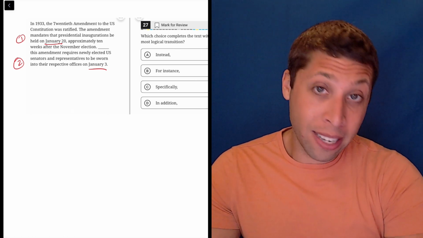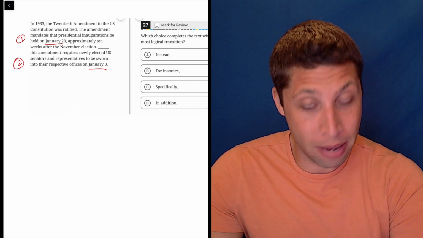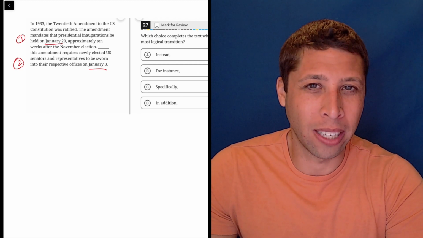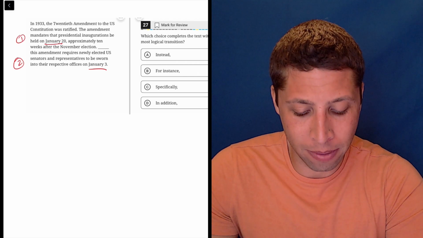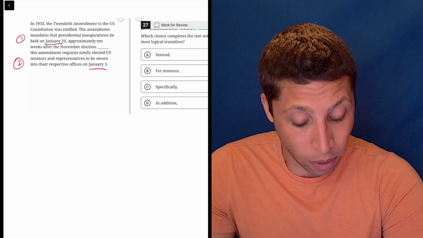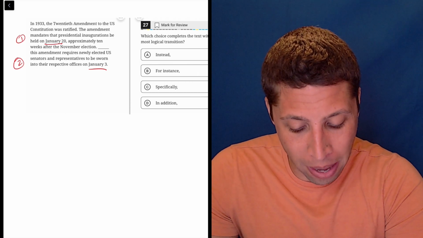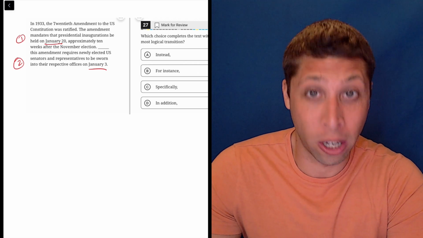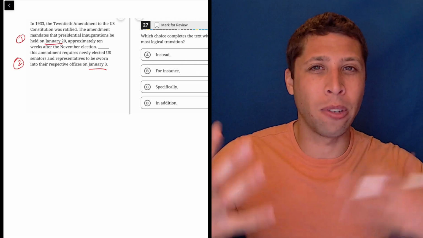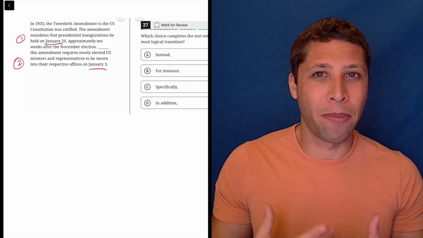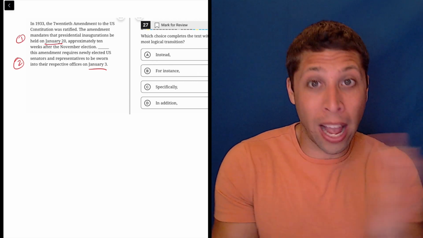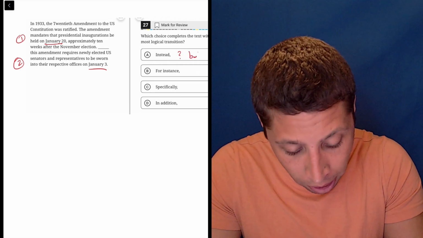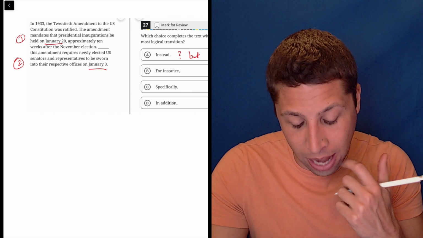Well, "instead" is a contrast, so maybe, but honestly, I think it would make more sense if we were contrasting what the 20th Amendment did versus what was there before, right? If we said the amendment makes it so that it's January 20th, instead of, I think it was a date in March that it used to be before the amendment, right? If it was contrasting a similar fact in a before and after way, then maybe that would be right. I don't know. This just seems weird to me in this case. It's definitely a contrast word though, so it just feels like not a good fit.